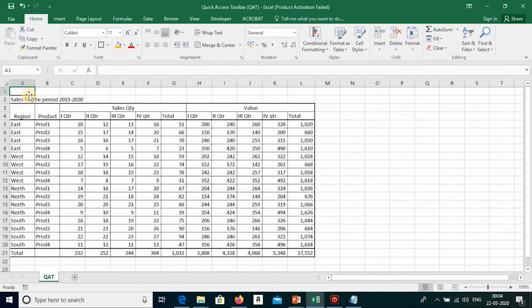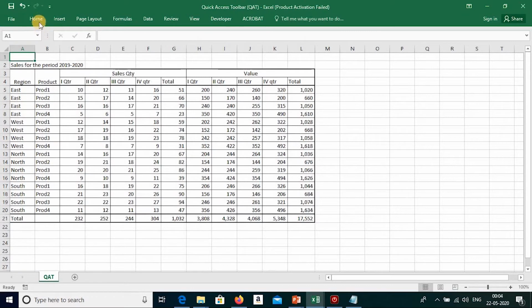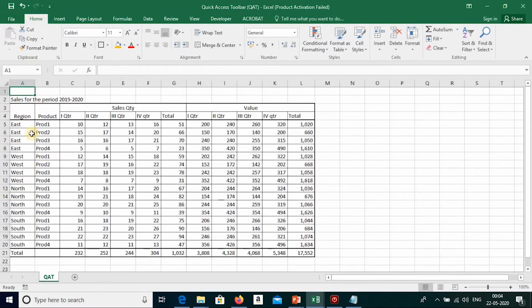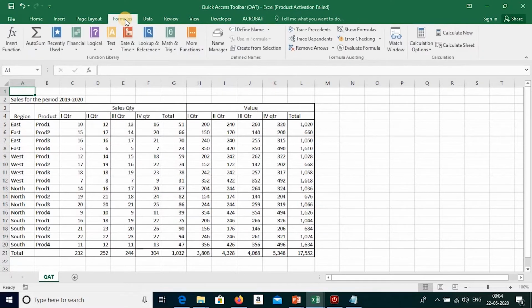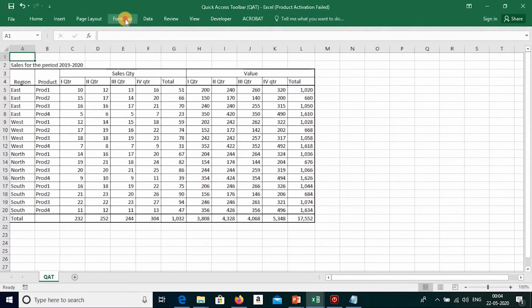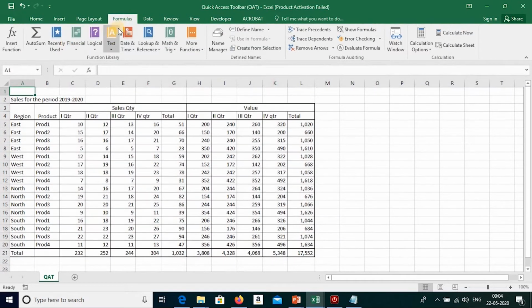And if you want to see even more rows, you can double click on any of the ribbons. Suppose I double click on the Home ribbon, then the ribbon gets collapsed and you can even see up to 27 rows. So how to get back the tools? Again, you can double click on any of the ribbons, Home, and it will come again. If I double click on a ribbon, it gets collapsed, and if I double click on the ribbon again, the tools will show.